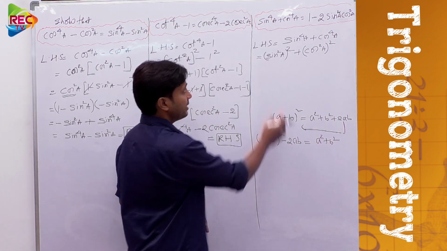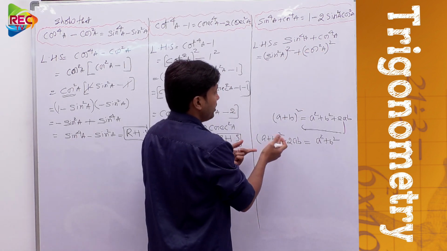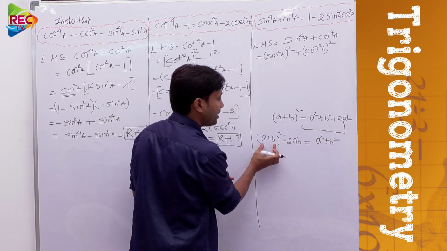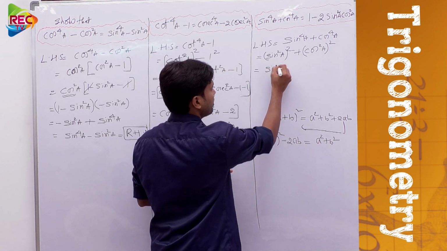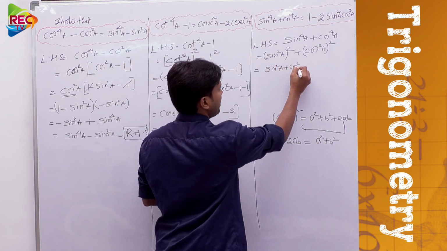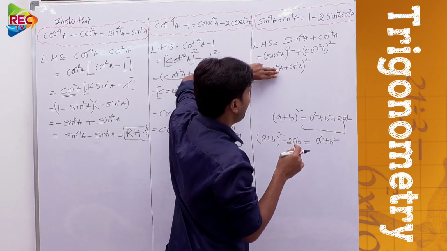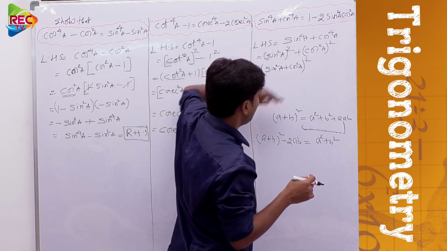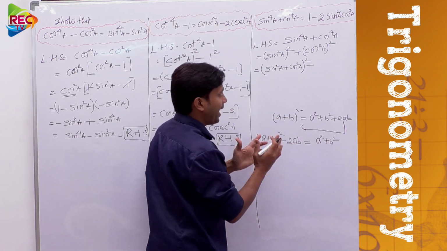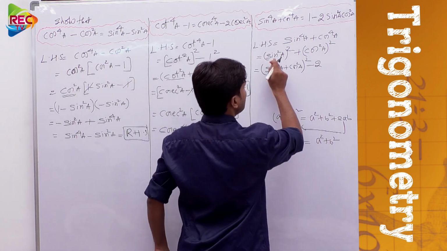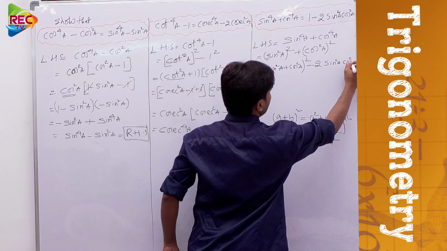Similarly, we considered sin square A as A and cos square A as B. Then how can we write this? A square plus B square can be written as A plus B whole square. What is A plus B whole square? Sin square A plus cos square A whole square or not? Because sin square A is A and cos square A is B, then A plus B whole square, minus what? 2AB. What is that? 2 into sin square A into cos square A or not? Sin square A into cos square A, right?